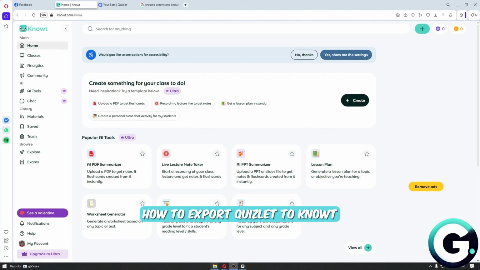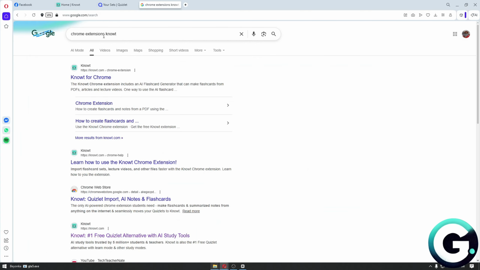In today's video, I'll show you how you can export Quizlet to Knowt. The first thing that you want to do is to simply download a simple Chrome extension. Simply search for the Chrome extension Knowt, and then you want to open the